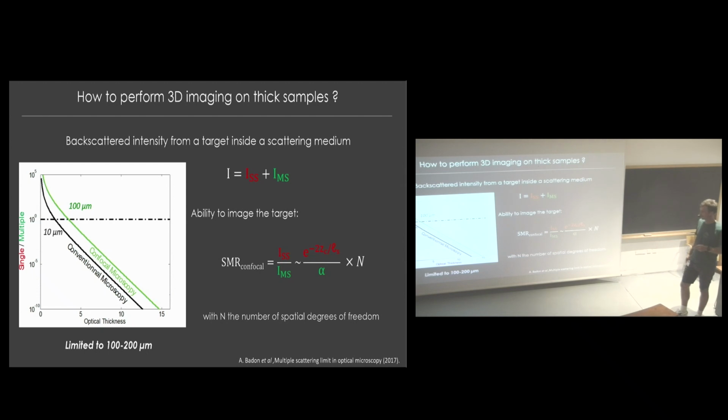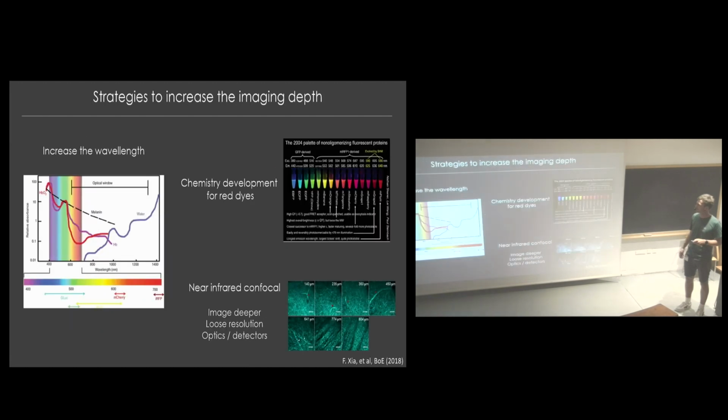So this is better, but this is still quite shallow, especially if you want to do some brain imaging. You don't have a lot of neurons in the brain at this depth. You want to go way deeper. So there are several strategies to increase this imaging depth, still with a confocal microscope. And so the simplest idea is to increase the wavelength. Because here we are dealing mostly with visible light,